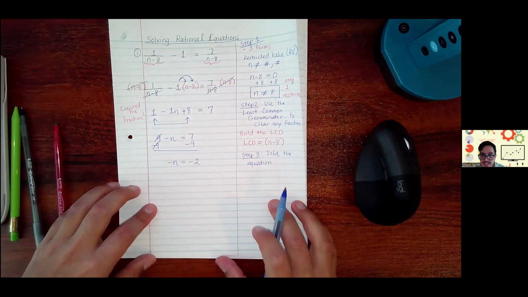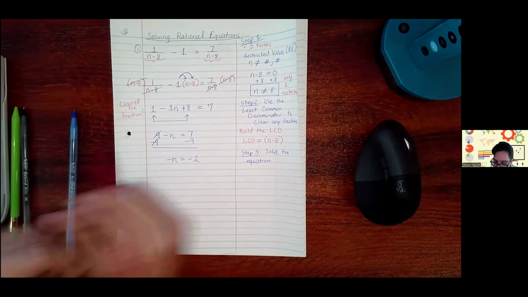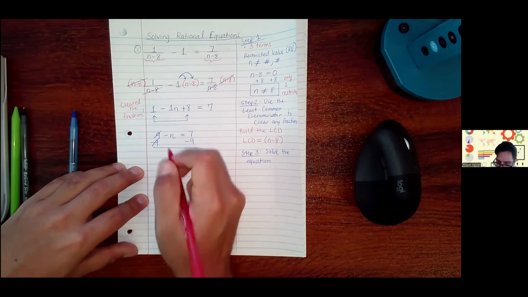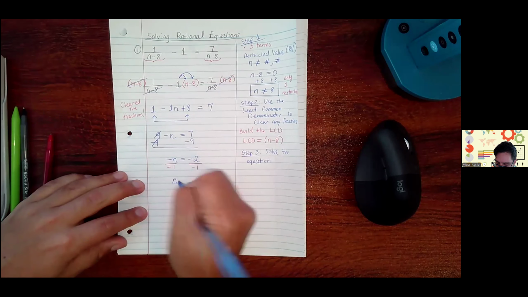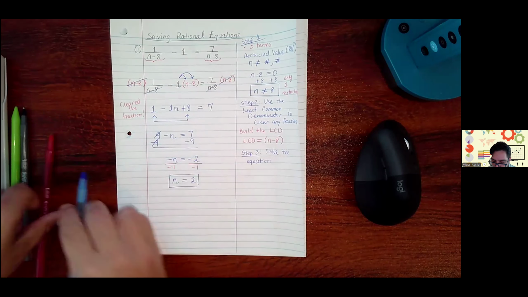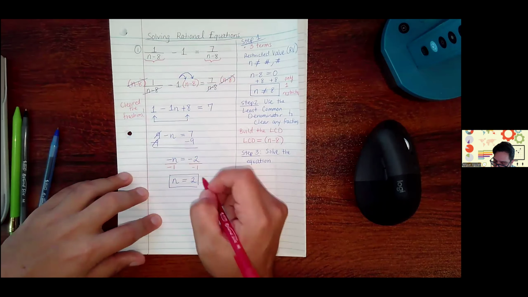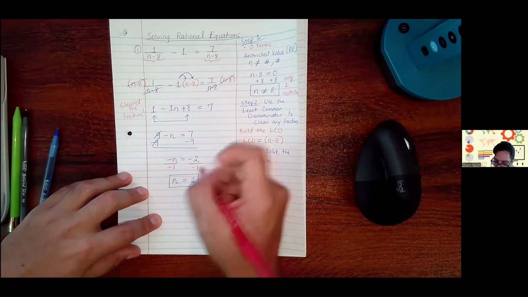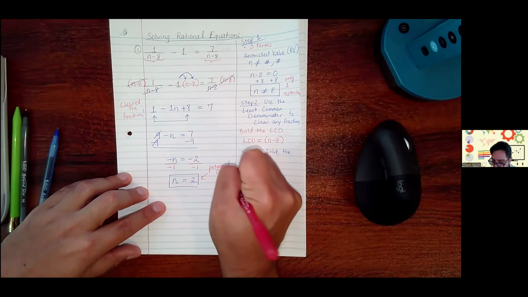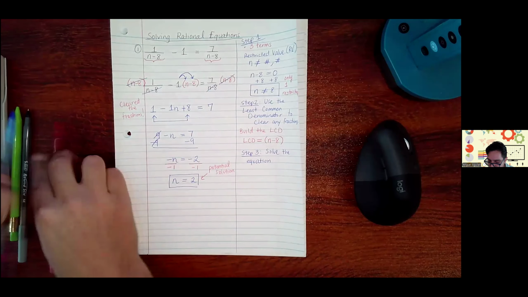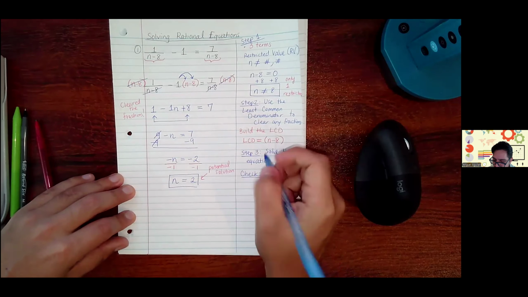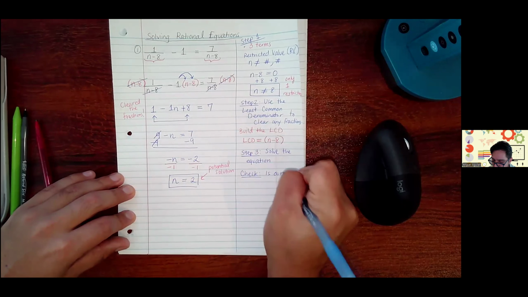And I want to get n by itself completely. So if I have a negative n, I can divide this by negative 1 so that the negatives will cancel out and I'll be left with positive n is equal to positive 2. Okay. So if you can get this far, then you're looking pretty good. We just need to remember to regard this solution as our potential solution. Okay. And the way we're going to check this solution to see if it's correct, this you can think of as step 4, is we can ask ourselves, is our solution